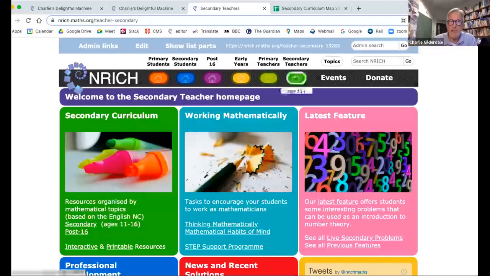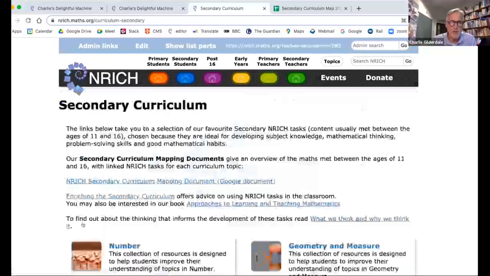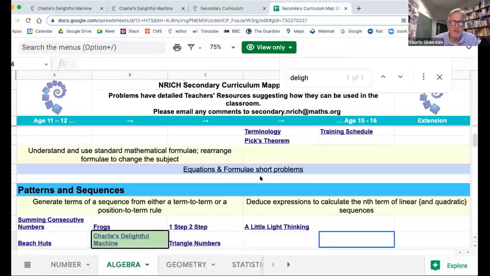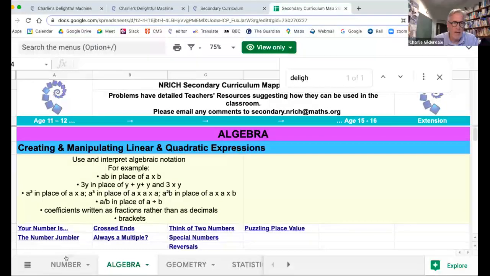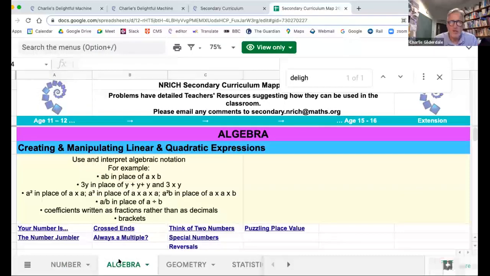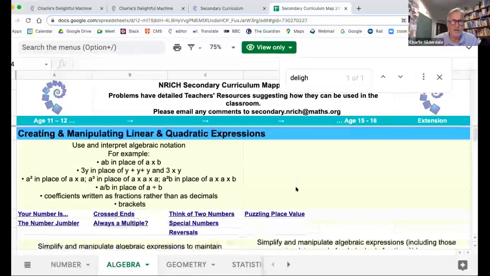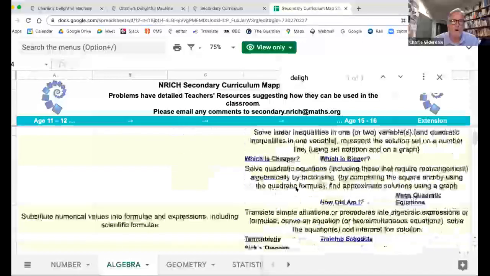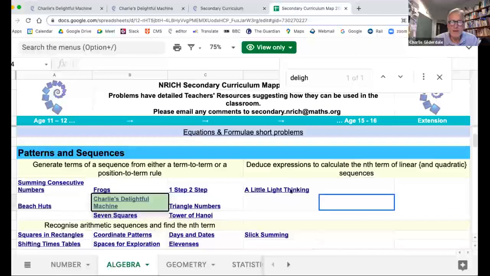To get to this page, I just clicked on the secondary teachers button, and then I can go to the secondary curriculum page. I can click on secondary, and there's a link to a curriculum mapping document, which I clicked on earlier, and that gave me this document over here. This document has a section on number, but today we've been looking at the section on algebra. So that's the one that I'm going to take you to. And if I go down to the section on patterns and sequences,